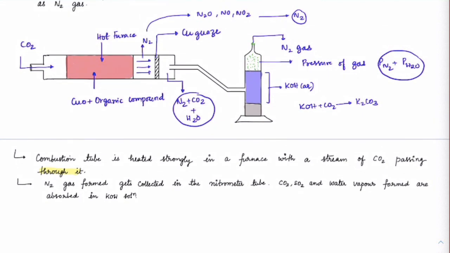Even if you have any sulfur present in this, that will also come out as sulfur dioxide, and sulfur dioxide will also get dissolved in it to form K2SO4, or K2SO3, got it. So even sulfur dioxide, carbon dioxide, everything will get absorbed here itself. So hardly anything would be present there. I hope that is clear.